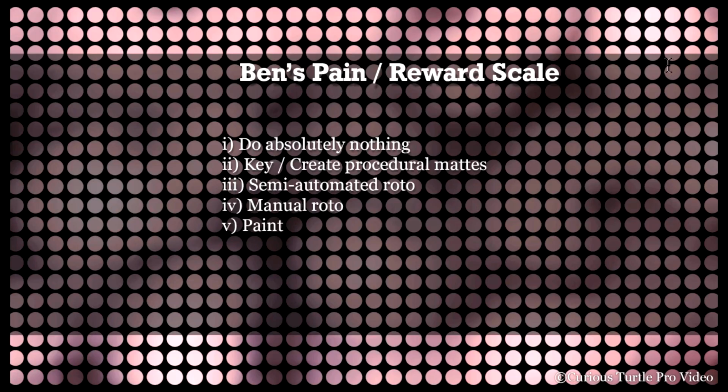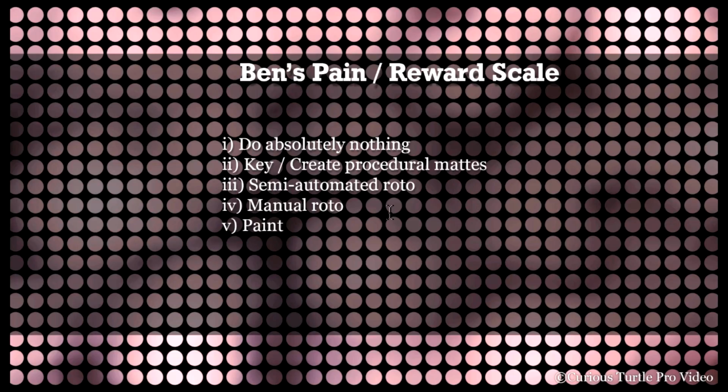The success of these tools generally lies within the footage itself. So certain footage is easier to extract the alpha channel from using these semi-automated Roto tools than others. For quite a lot of footage, it's not really an option,